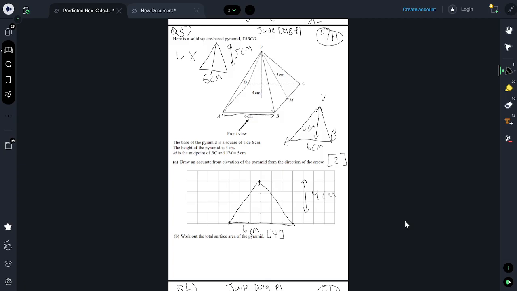So we've got the base 6 and a height 5. So we need 4 lots of how many shapes are there? How many faces? One here, one here, one here on the other side, and one at the back. So yeah, we'd have 4 lots of